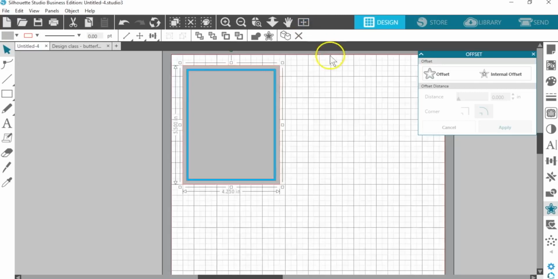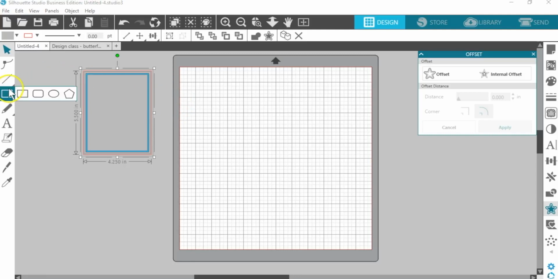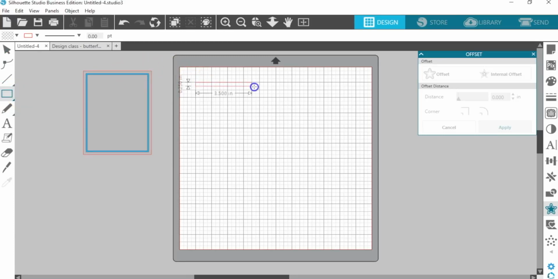Now I'm going to zoom out, move these aside, and I'm going to create a folded base for my card. Again, with Snap to Grid still active, I'll choose my rectangle tool. I'm going to draw it out to 8.5 inches wide and 5.5 inches tall.